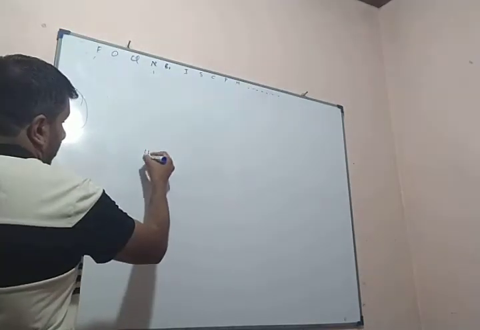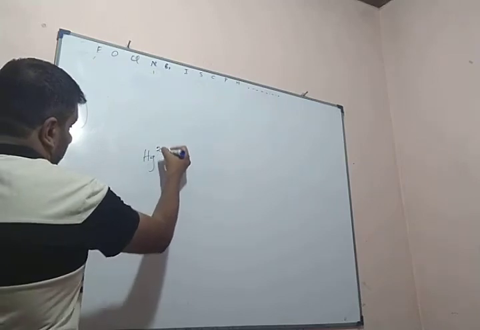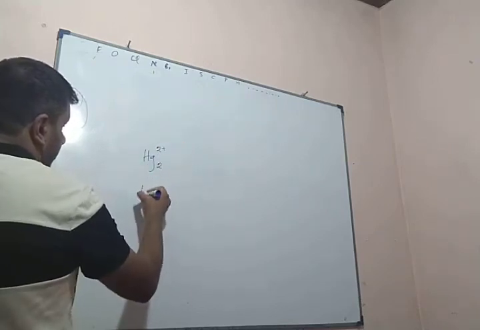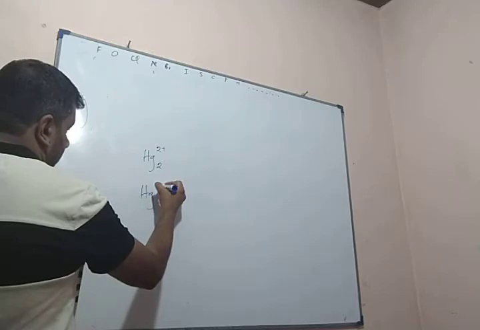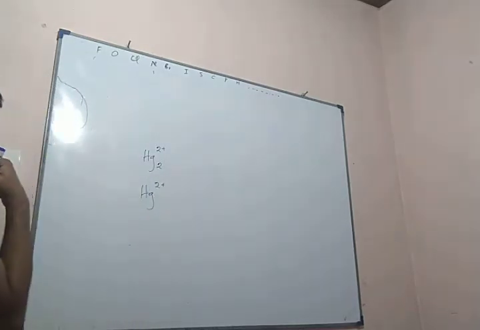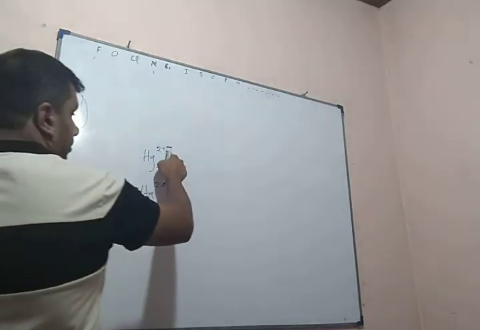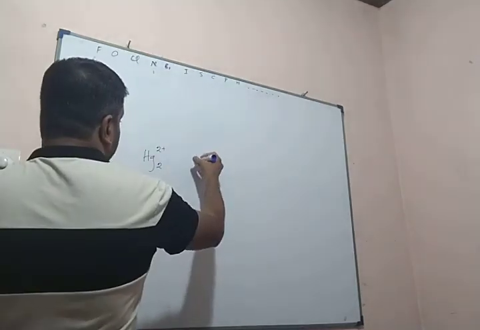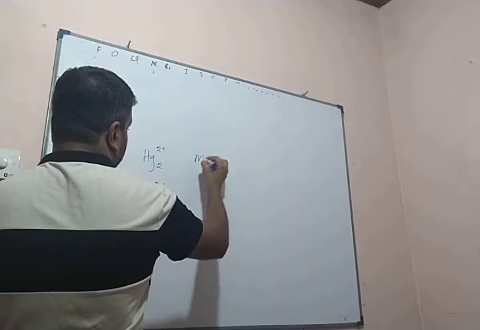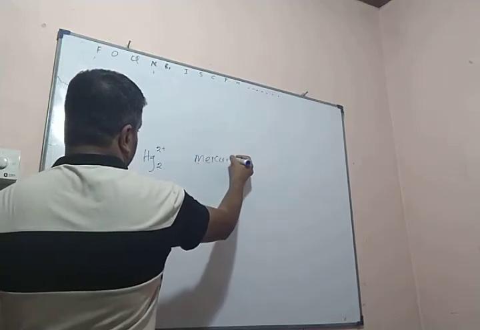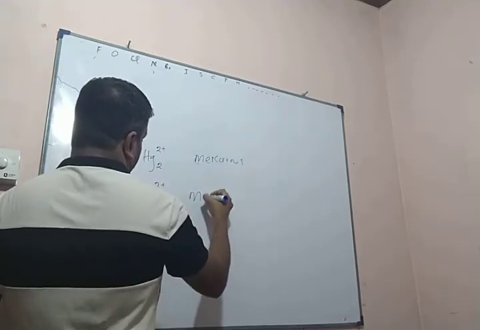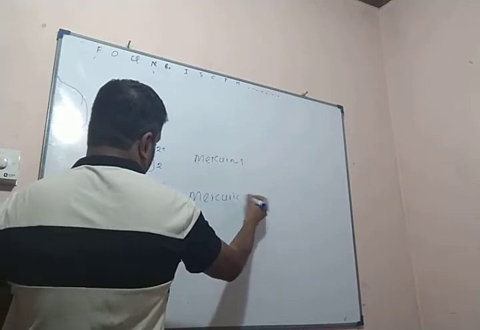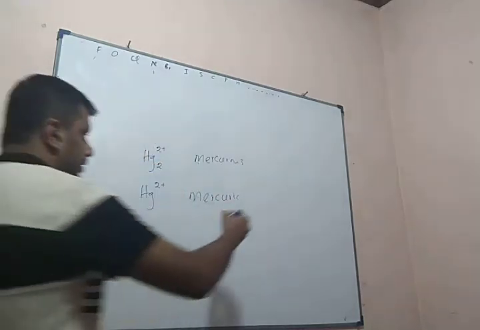For example, mercury has 2 ions, Hg2 2 plus and Hg 2 plus. What are the oxidation states? Here plus 1, here plus 2. What is the trivial name? Mercurous, mercuric. IUPAC name, the English name: